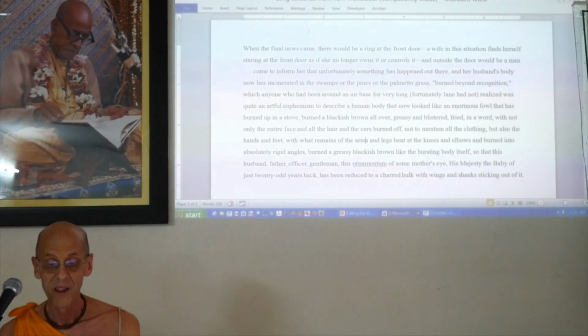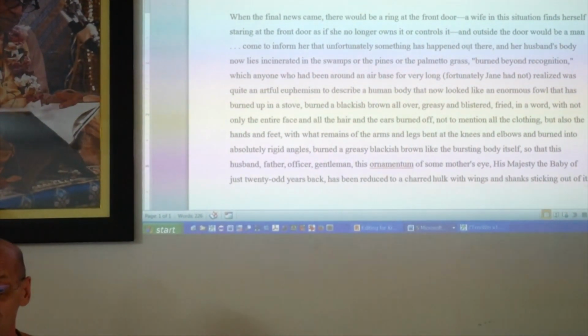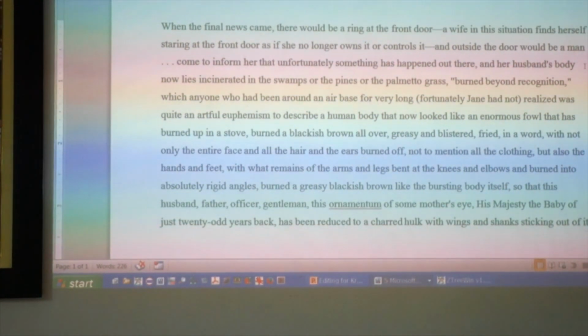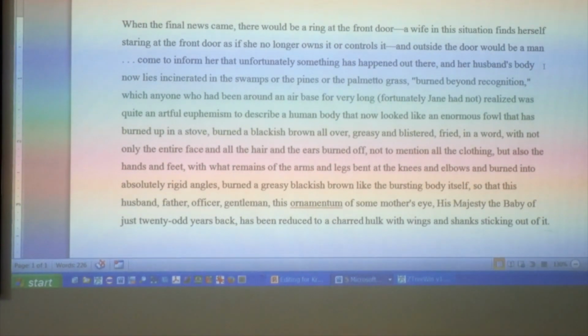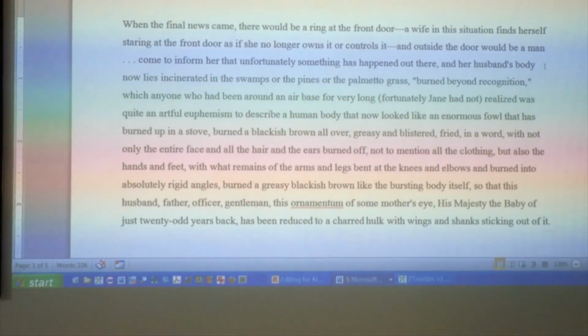When the final news came, there would be a ring at the front door. A wife in this situation finds herself staring at the front door as if she no longer owns it or controls it. And outside the door would be a man come to inform her that unfortunately something has happened out there. And her husband's body now lies incinerated in the swamps or the pines or the palmetto grass, burned beyond recognition, which anyone who has been around an air base for very long, fortunately Jane had not, realized was quite an artful euphemism to describe a human body that now looked like an enormous fowl that is burned up in a stove, burned a blackish brown all over, greasy and blistered, fried, in a word, with not only the entire